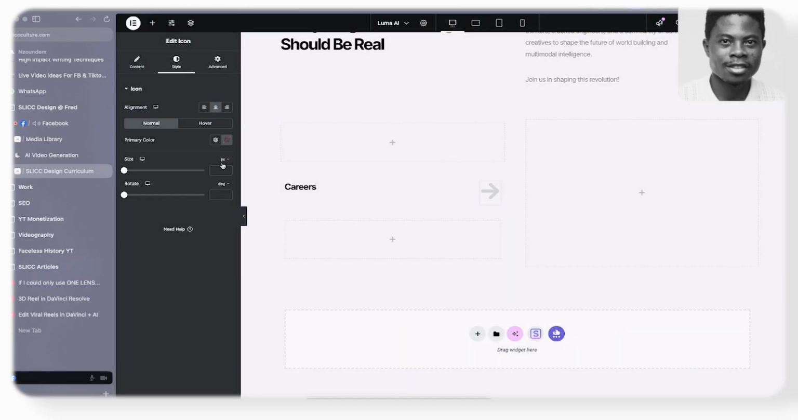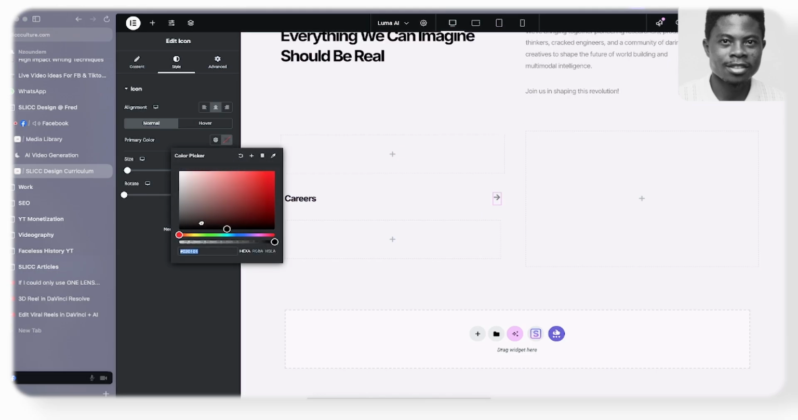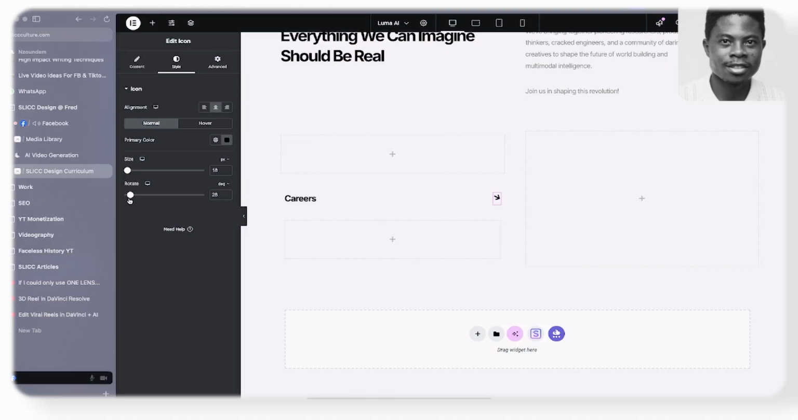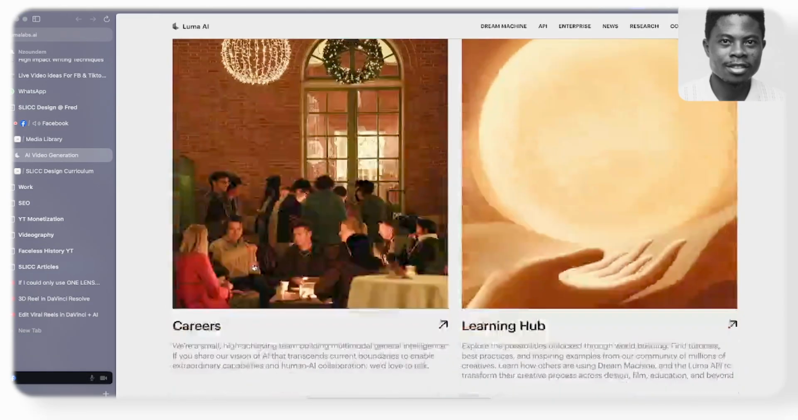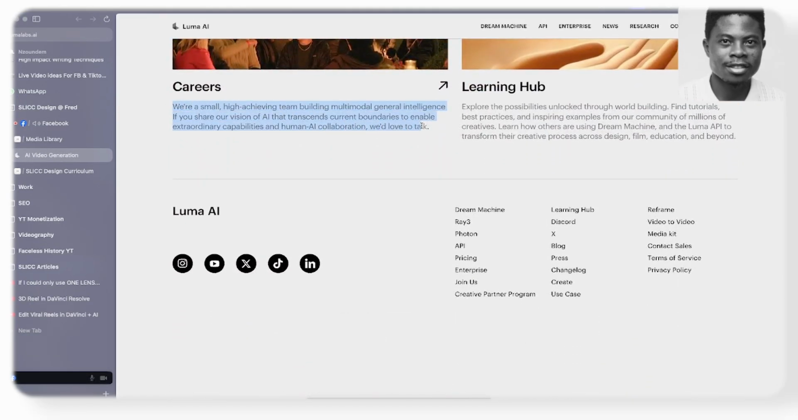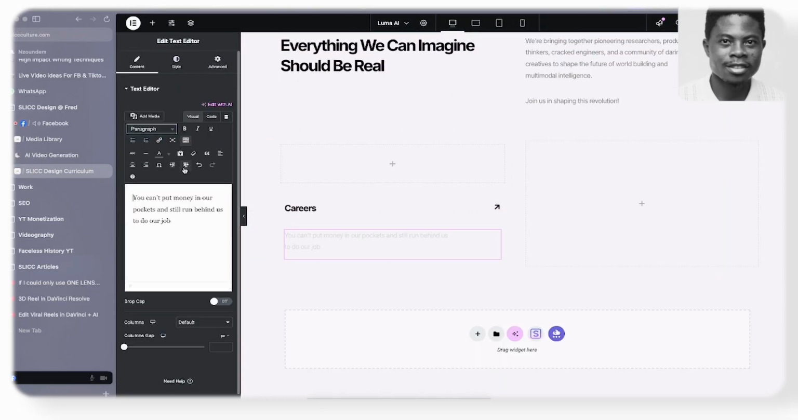We are going to reduce the size to 18, make it really black, and then rotate it 45. Then we're going to put minus because it's at the top. Perfect, so that is that. This second one is going to have this text. So come back here, copy this, and paste the text. I've not even added a text editor, so